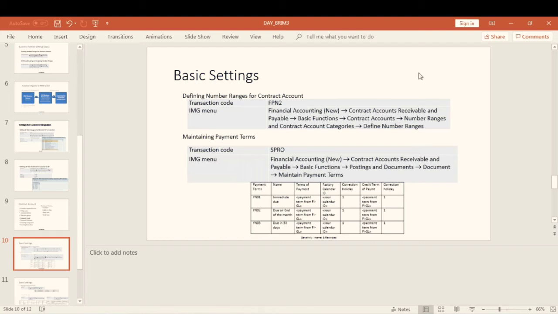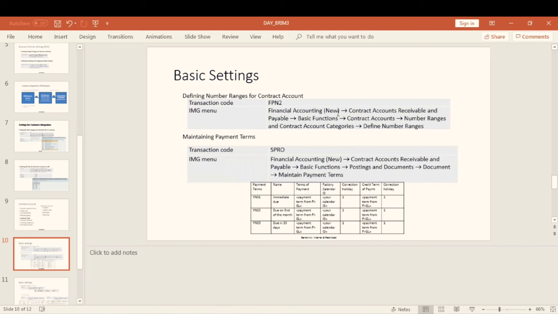When the CI business functionality is added to the ECC, you can see Financial Accounting (New) in brackets. So there will be Financial Accounting and Financial Accounting (New). As we are making settings for contract accounts, this is the navigation path: Financial Accounting (New), and Contract Accounts Receivable and Payable.